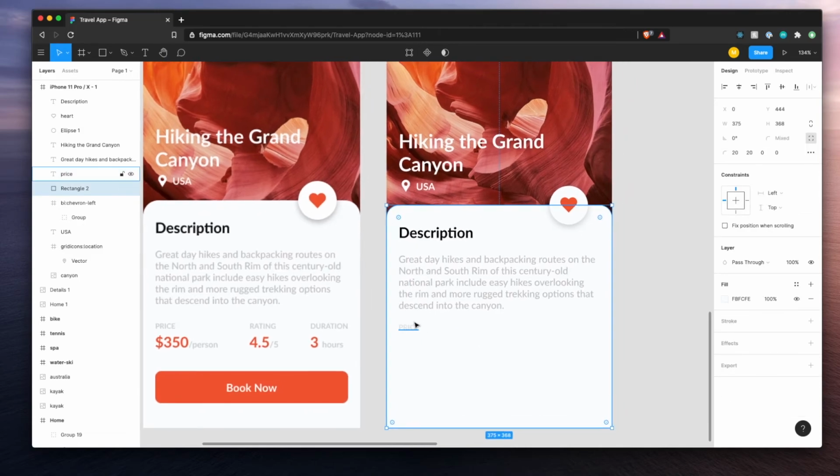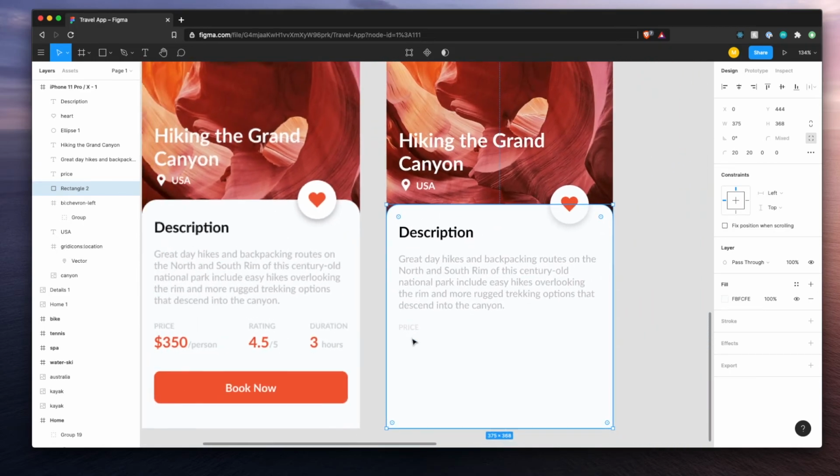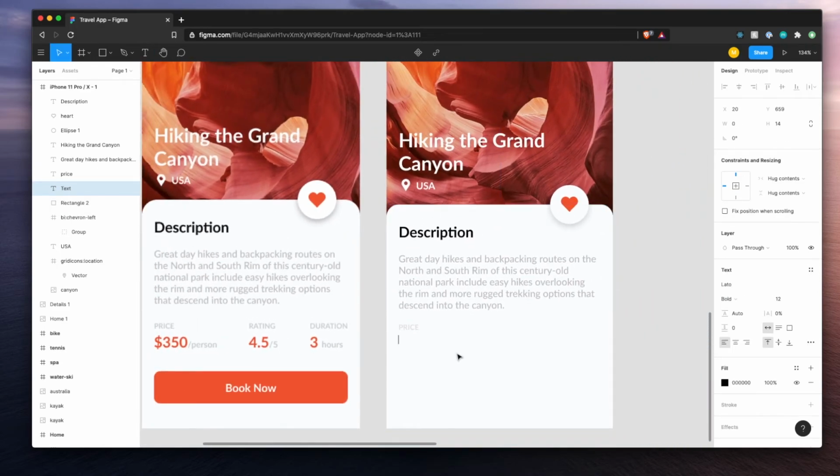Cool. Now it is a bit lighter than that, but I mean, I have all the colors in the Figma file that I included down below, so just check those out. This one is the gray color. So let's do another text. So T, this one's going to be $350